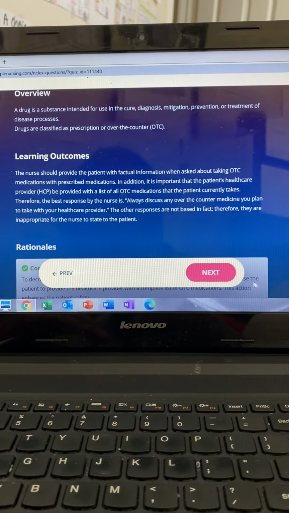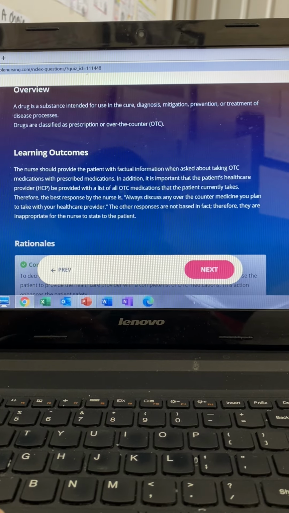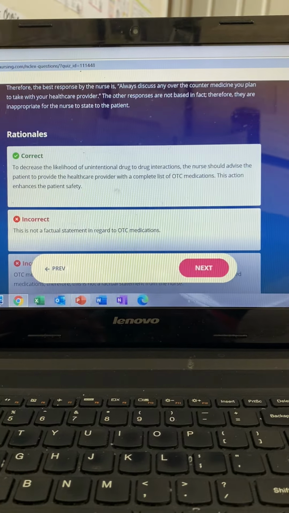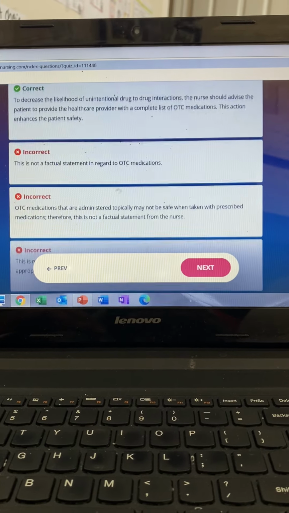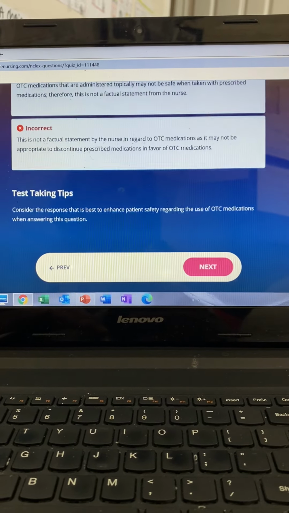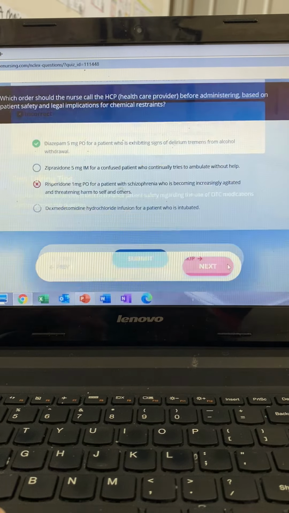Discussing with the provider ensures mixing meds is okay. So guys, always follow up with a primary care provider first before introducing new medications. Now option number 2 is incorrect. Over-the-counter